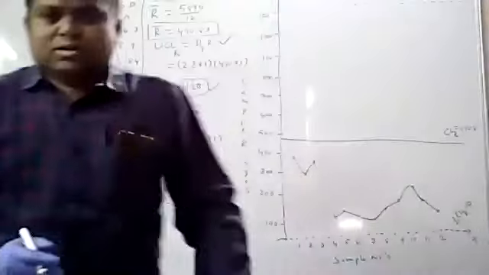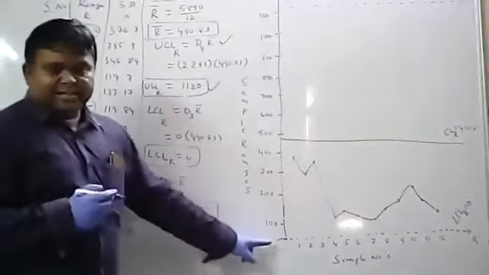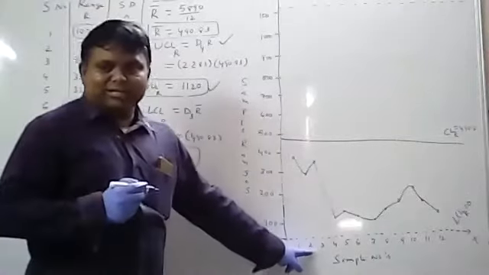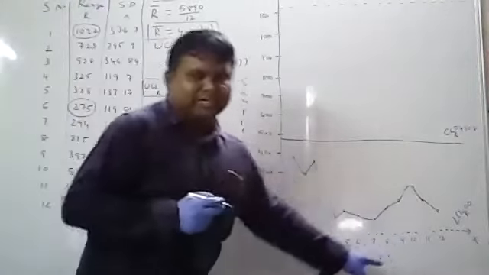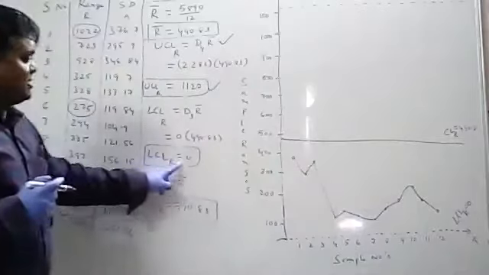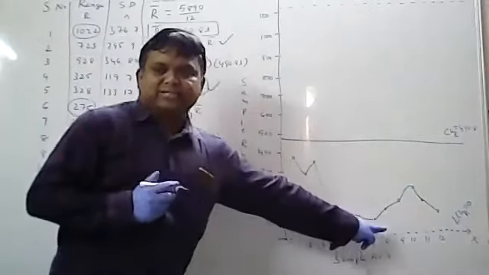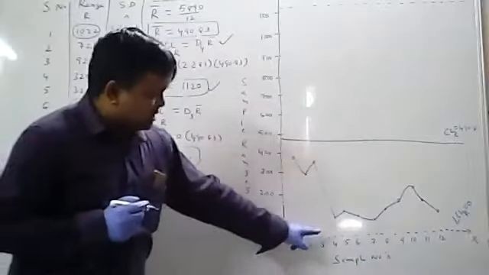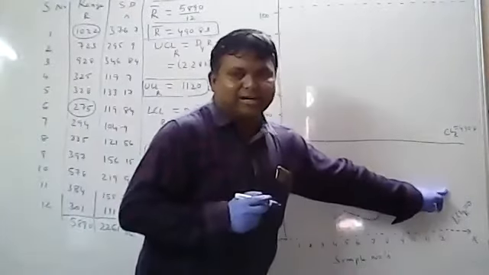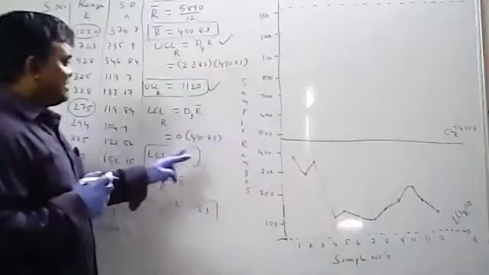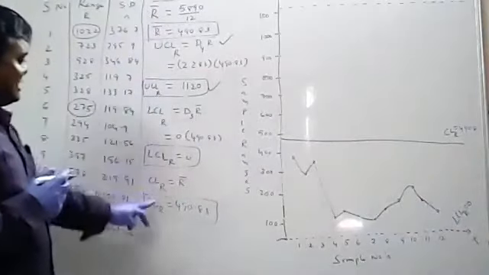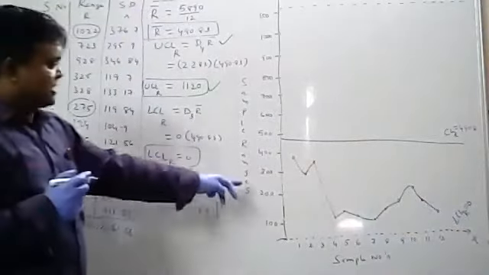So this is the control chart. On the x-axis, we always take sample numbers. What are the sample numbers here? There are 12 sample numbers. The LCL value is 0, so on the x-axis itself you have to draw a dotted line. So the LCL R value is 0. Next, you have to draw the CL. CL is a dark line. What is the CL value? You got 490.83.